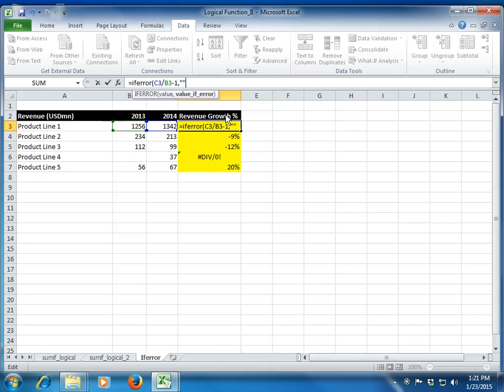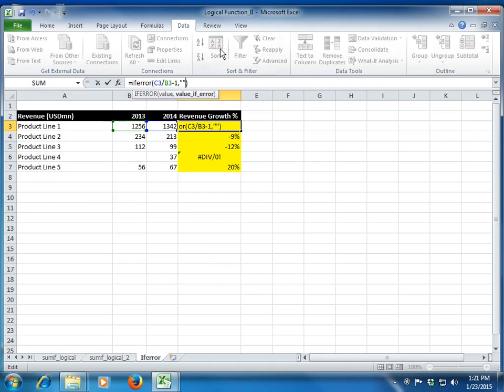So let's say I say just give me a blank. If I want a blank in Excel, I just give two inverted commas without anything in between. If I want to give a space, I will give a space in between. If I want to make it 0, I don't need to give inverted commas, because do remember that Excel recognizes numbers. So I just simply give a 0, and so on and so forth. So I can choose whatever I want. I can also give text here. So I can write anything within the text and say if the error is there, please display this output, right? So in this case, I am saying that if an error is there, just simply give me a blank cell, right? So I'm just putting two inverted commas without anything in between.